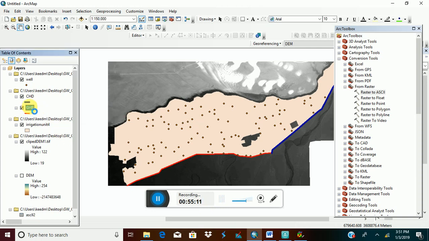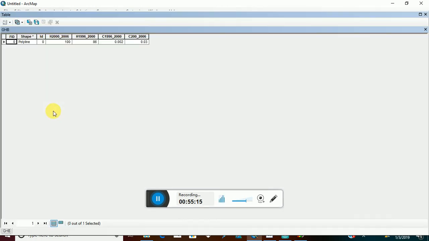In this attribute table, the hydraulic head is 86 from 95 to 2000, and it is 100 for the other years. And similarly, the conductance is 0.002 from 96 to 2000 and 0.03 from 2000 to 2006. So I can specify those values